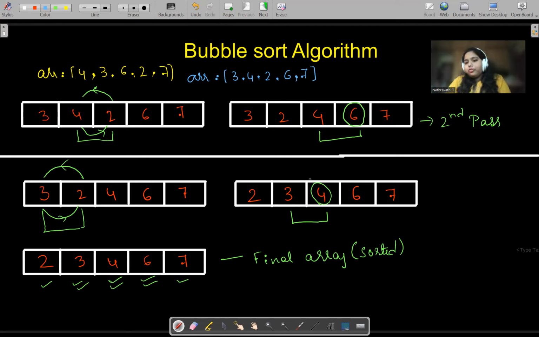What is the time complexity of this? The time complexity of this goes to O of n square. As it goes to O of n square, what will happen? Definitely, when there is huge data, it takes a lot of time. This is one of the biggest disadvantages of